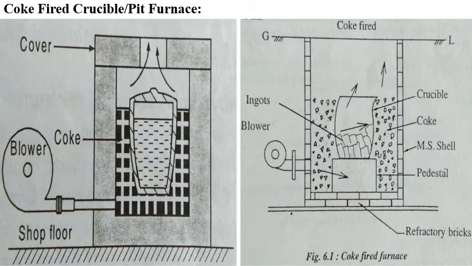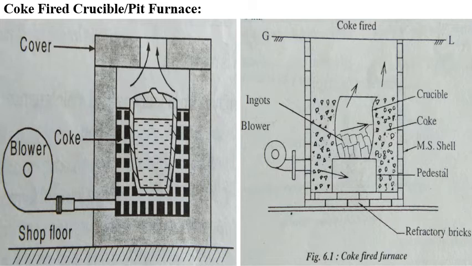You can use that. Next, this is a crucible. Inside that crucible you can put a metal, or in the technical term it is called an ingot. And this crucible is put on the pedestal, or a stand. Just like a pedestal, it is a crucible stand. And surrounding this crucible you can put coke. It is a solid fuel. One small hole on the left side is provided. The air is supplied inside the furnace with the help of a blower.